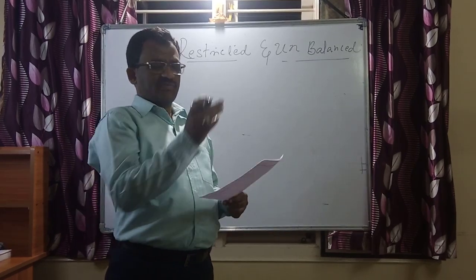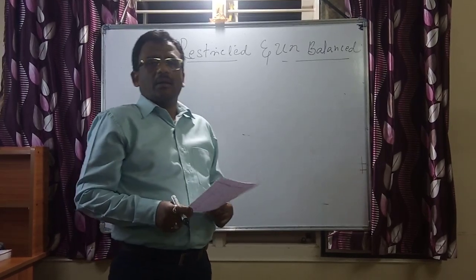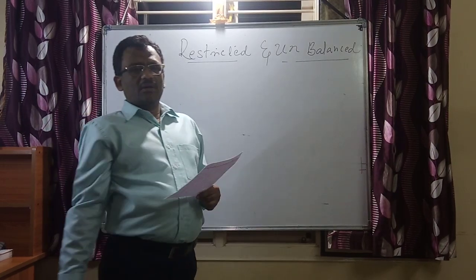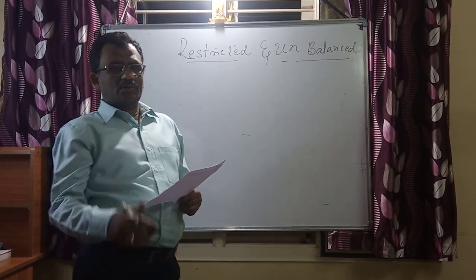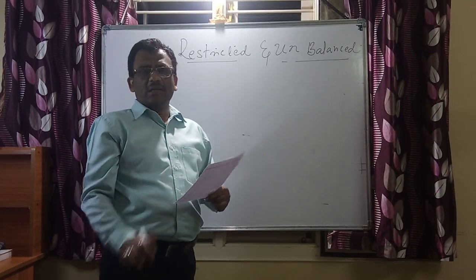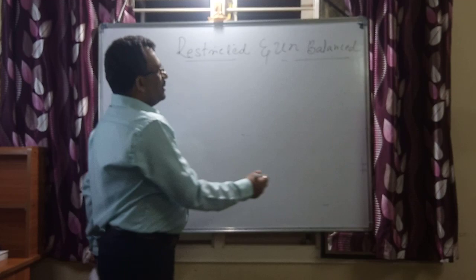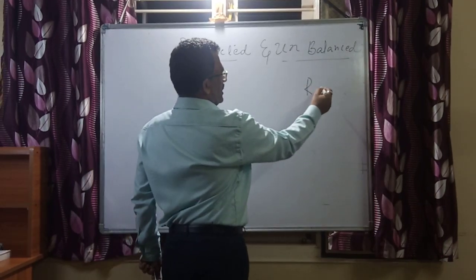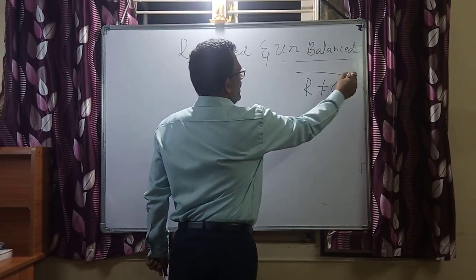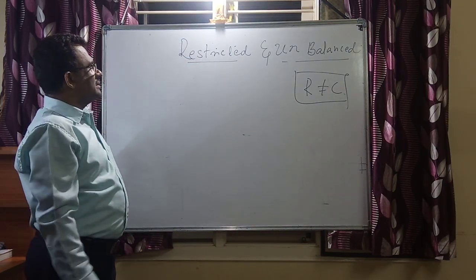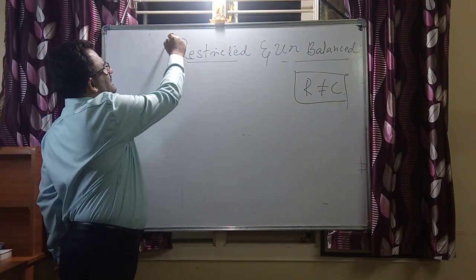It's a special case of assignment problem. As I said in my earlier videos, assignment problem is all about balance, the rows and columns should be the same, but it need not always be. There might be cases where the rows as well as columns are not the same. And one more variation is that there are some restrictions.